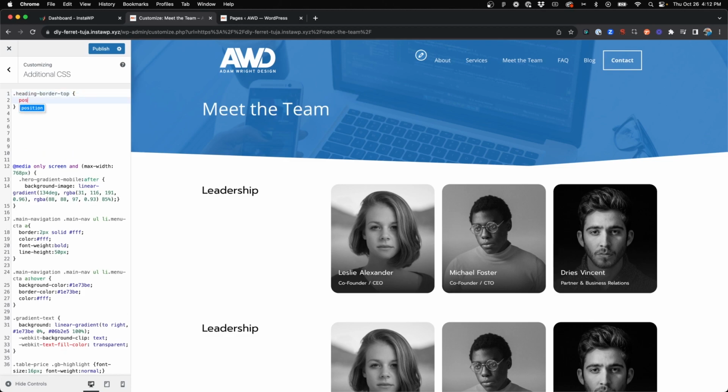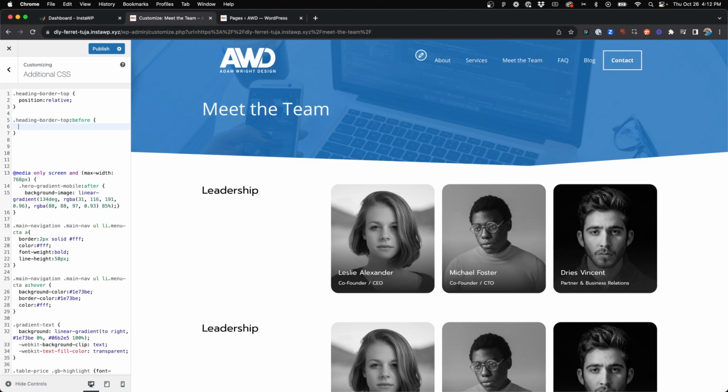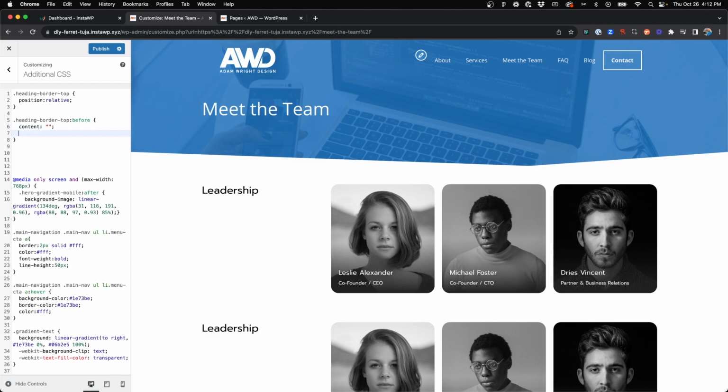and we're going to say position relative. And then what's going to pull in the border is an additional CSS. So we'll say heading border top, and we're going to say before. So we want this to appear on top of the text. So we'll say content blank, position absolute,